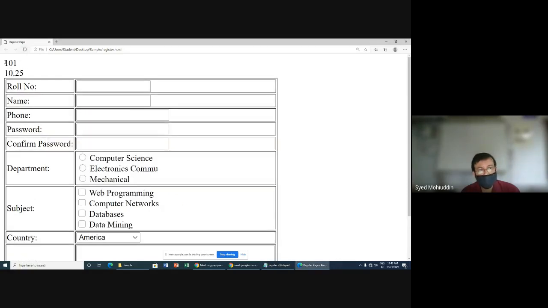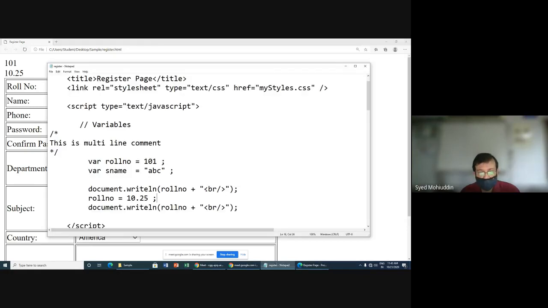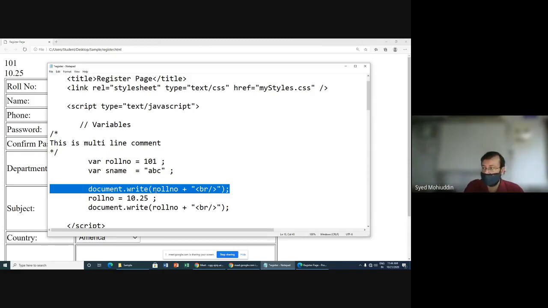When we have the BR tag, BR is understood by the web browser, so it gives a line break. When it gives the line break, obviously we get the output on different lines. Is this clear? Remember that even if you use write or writeln, it will not display on the next line on the web browser. We have to explicitly use HTML tags,